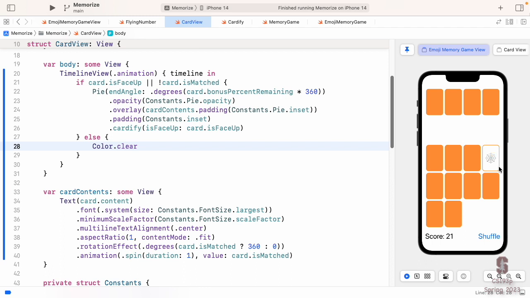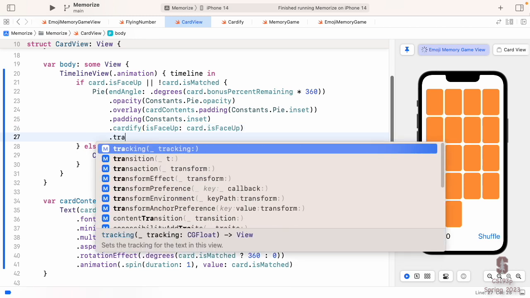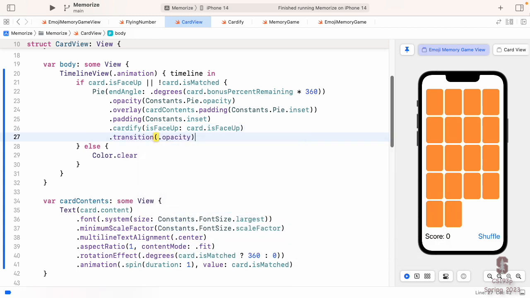Now, what about the opacity? Why is it, when I click here, fading out still? How could it possibly be fading out? There's no opacity for the cardified pie. I've got the opacity for my little countdown timer, but that's a different opacity. I deleted that opacity. Well, that opacity is coming from this. Dot transition dot opacity. Opacity is the default transition to use when you remove or add a view to the view hierarchy. And since it's the default, it's just like you have that on there. And if I click again, click, match, whoop, opacity. It faded out.